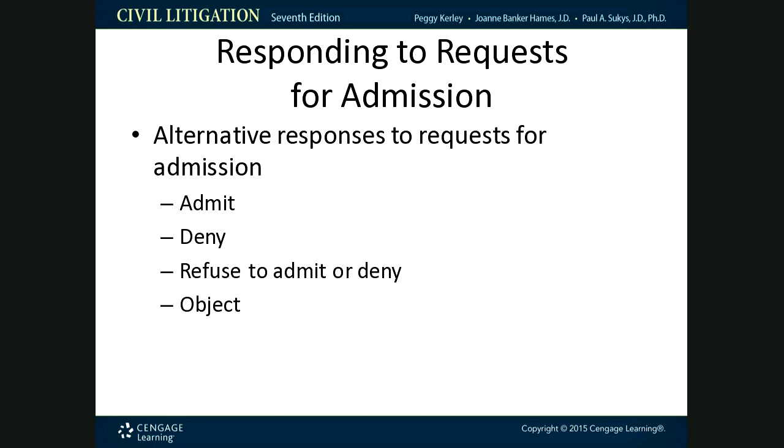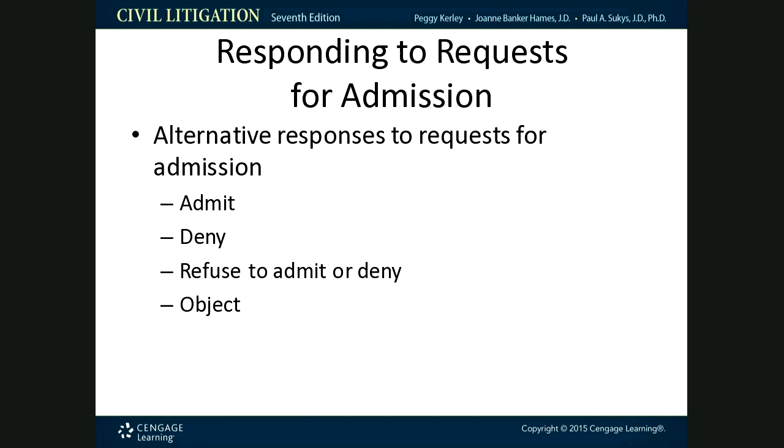And then you can also file objections. But just the mere fact that you file an objection doesn't give you the right not to admit or deny it, unless, of course, it's of a privileged nature, or it's attorney work product, or whatever it is. Then you would just say, plaintiff objects to this admission as it invades the attorney work product privilege, or the plaintiff objects to this admission as it invades the attorney-client privilege.